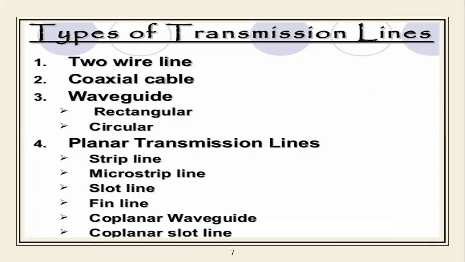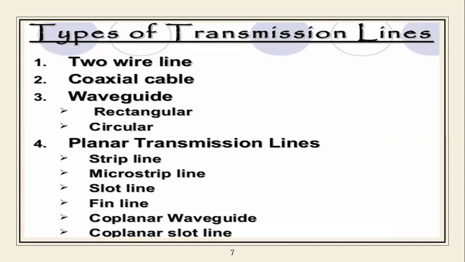Third is the waveguides, in the form of circular and rectangular, which are most widely used and applicable. And fourth is the planar transmission line. All these are physical transmission lines, and with their help the signals travel from one place to another. The signals are sent with the help of the transmitting antenna and received at the other end by the receiving antenna, and in between the transmitting antenna and the receiving antenna, there will be a medium in the form of the transmission line.